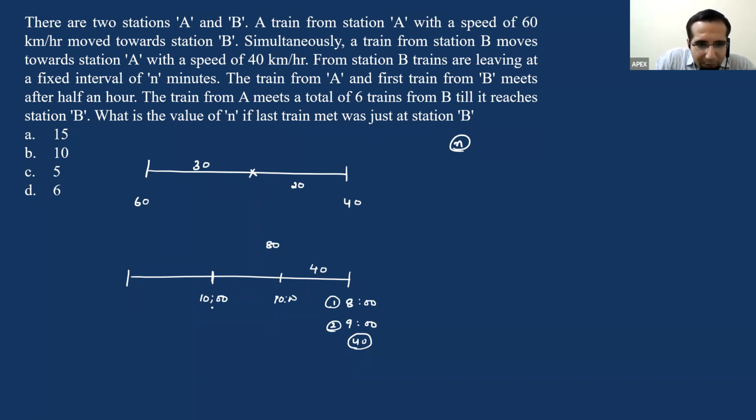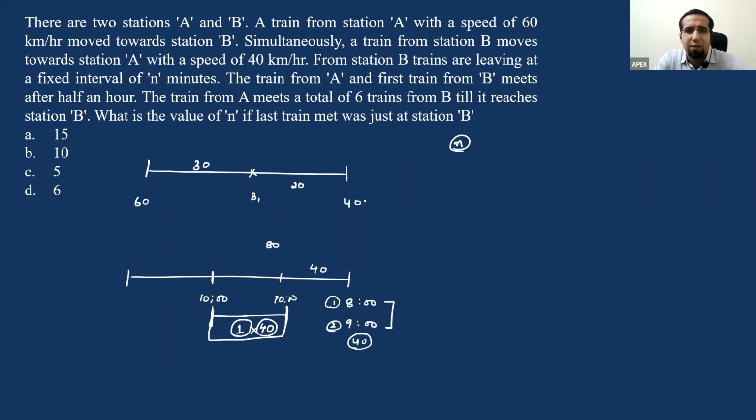So what is the gap between these two? The gap between these two is, since they started at 1 hour intervals, the time gap into the speed will be the gap between two trains. Is this point clear with all of us? Because they're running at the same speed, but they're starting at some intervals of difference. Okay. So now there's a 20-kilometer gap and the train 1 has already met from B,